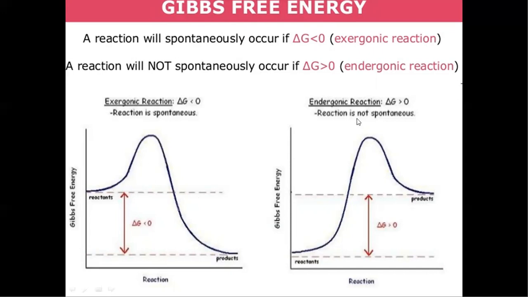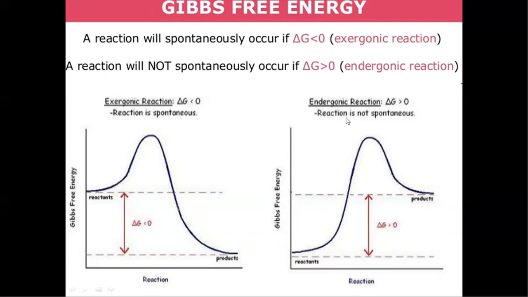Here endergonic reactions, which are completely opposite to exergonic reactions. Initially the reactants have less Gibbs free energy, so it requires more energy to reach the products. That means activation energy is needed. Energy will be supplied to the system. The system will be taking the energy, and then the reactants become products. So here we are supplying the energy, that's why this is endergonic reactions. Energy will be going inside the system.